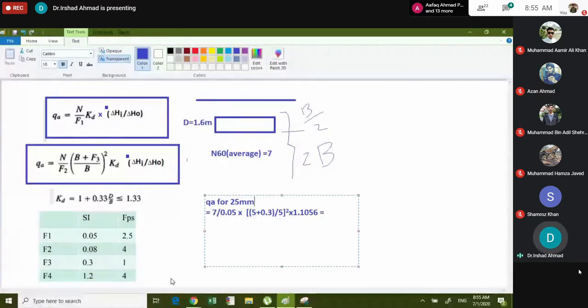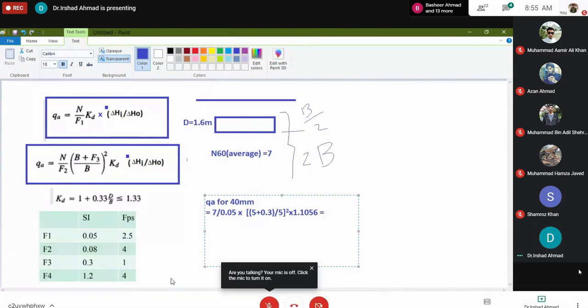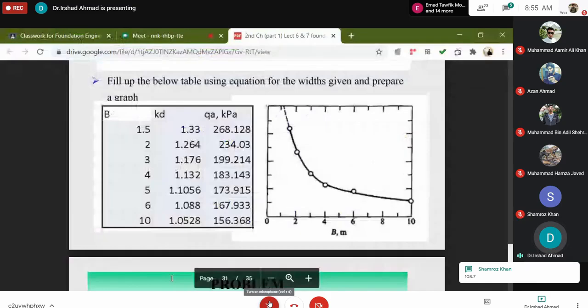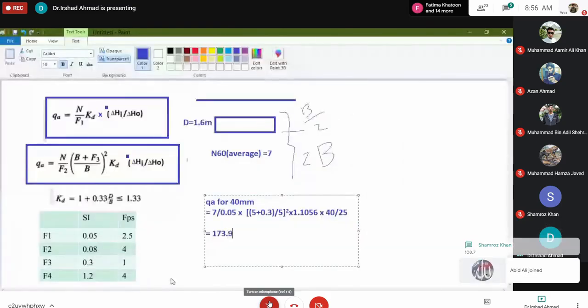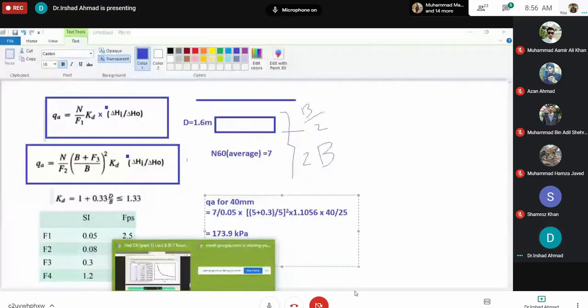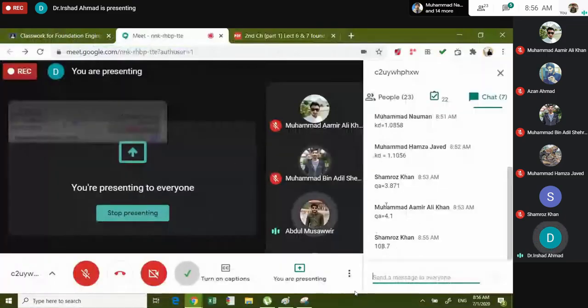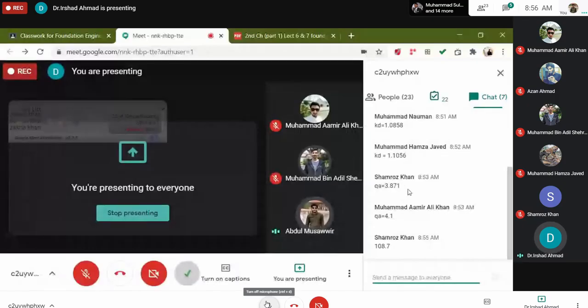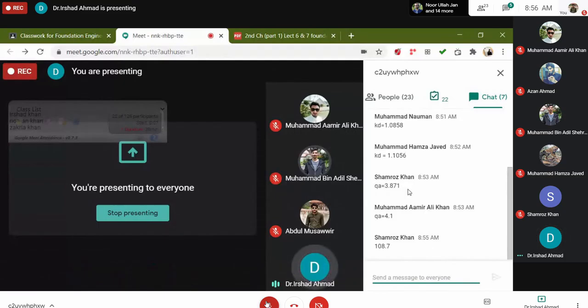अगर आप इसको 40 mm के लिए करें, तो ये आ जाएगा 40 इंटू डिवाइड बाय 25, और इसकी वैल्यू आ जाएगी 173.9 kPa। अब बताएं, 173.9 आ रही है? कोई कहता है 4 आ रही है, कोई कहता है 1 आ रही है। सिंपल कैलकुलेशन है भाई, देखें।